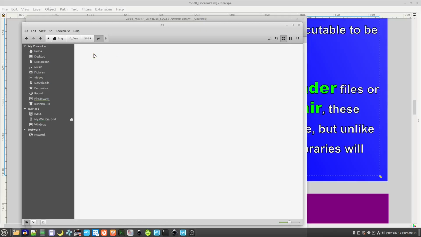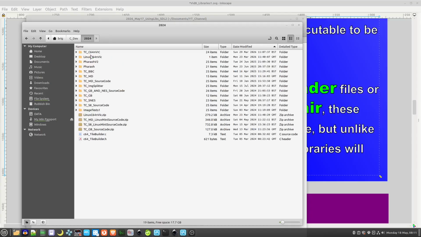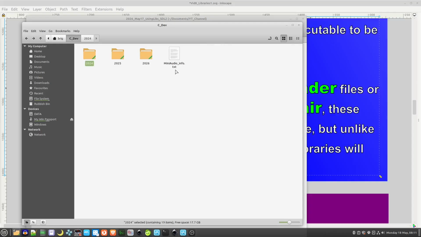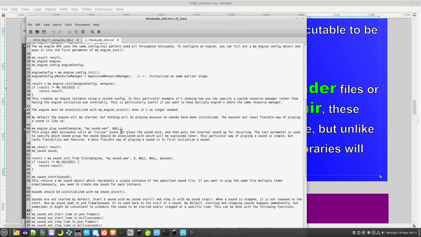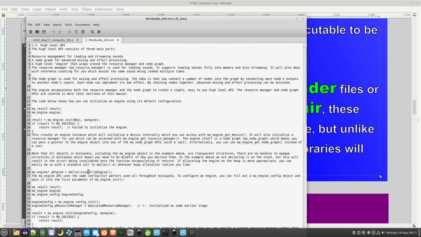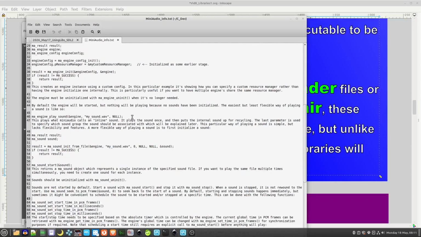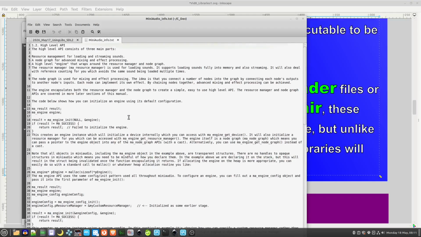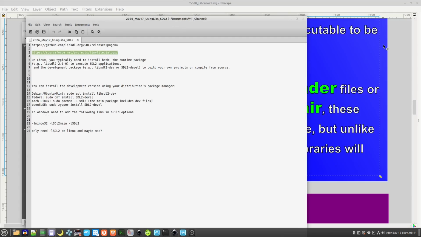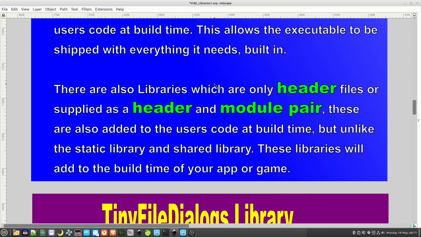Anyway, this is the file here. There's one called mini audio, which is a header and source file pair, which is pretty useful as well. So I'll go over the